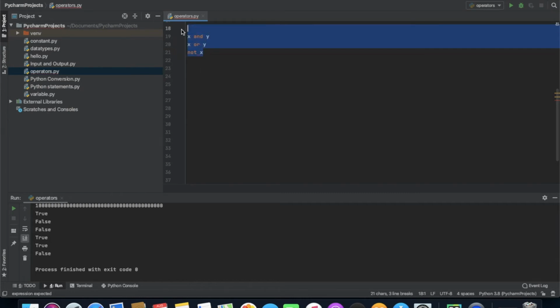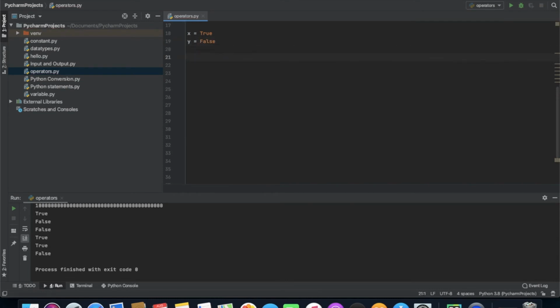So I'll be assigning x equal to true, y equal to false. Then I'll be printing x and y, x or y, and not x. Let's see what values it will give us.